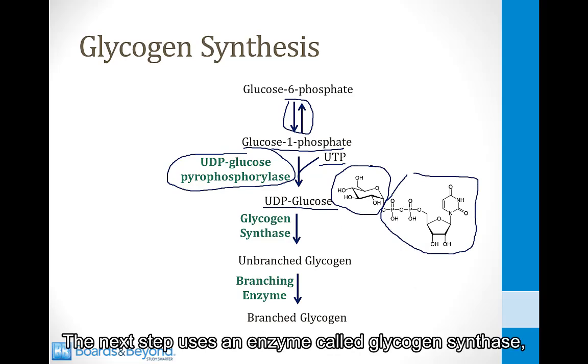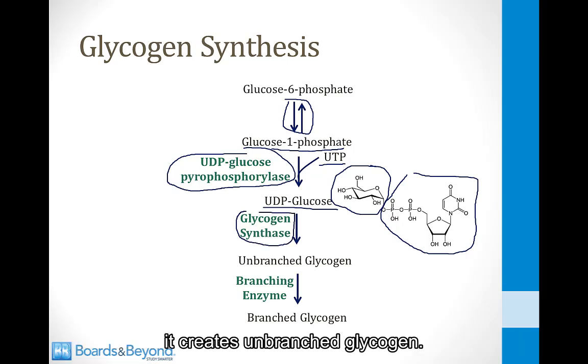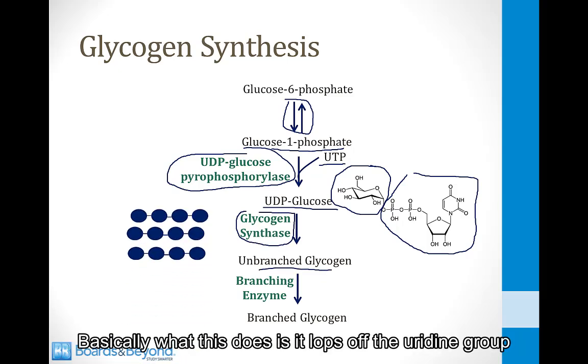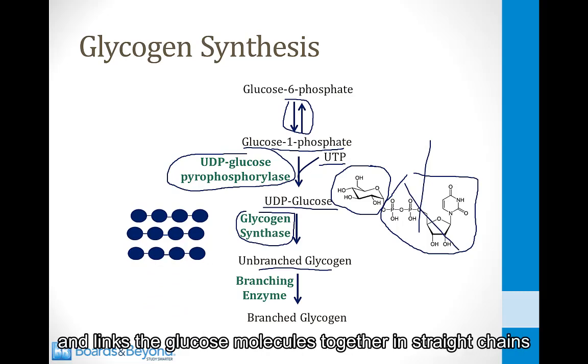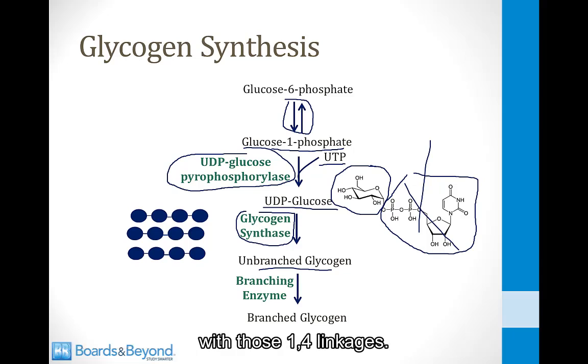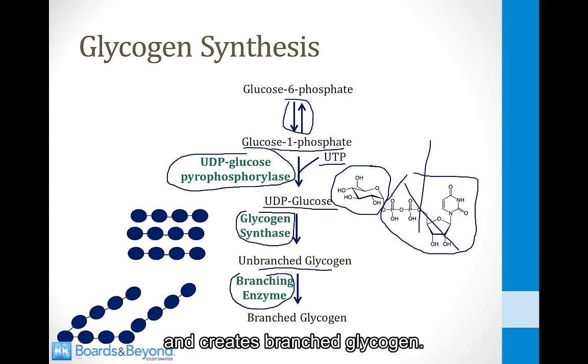The next step uses an enzyme called glycogen synthase. It creates unbranched glycogen. Basically what this does is it lops off the uridine group and links the glucose molecules together in straight chains with those 1,4 linkages. And then the final step uses an enzyme called the branching enzyme, which creates those 1,6 linkages and creates branched